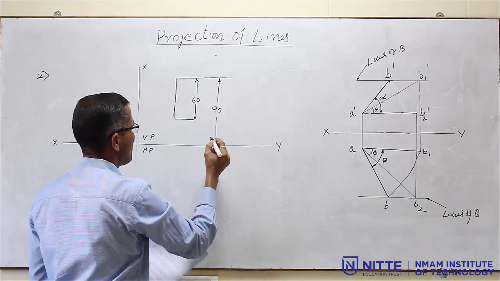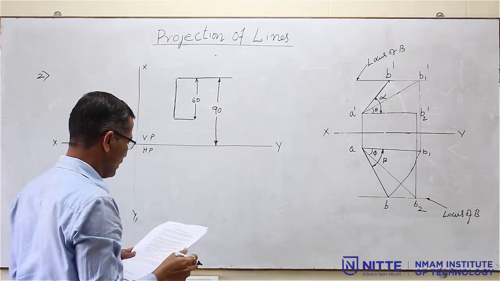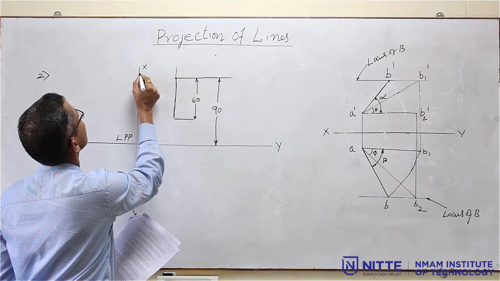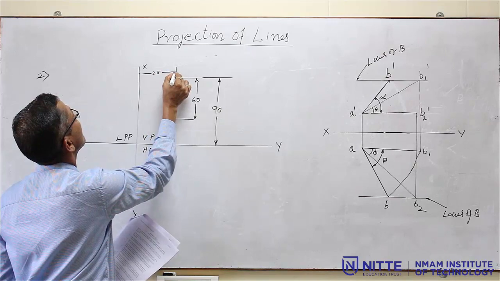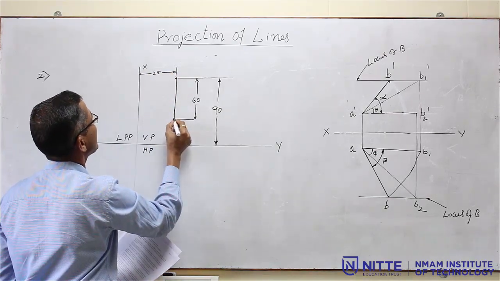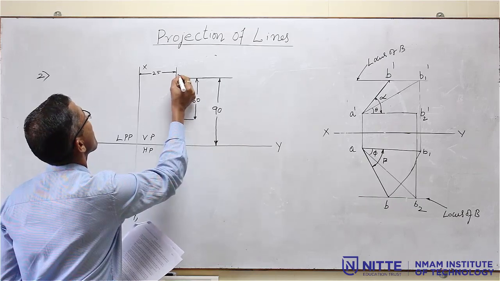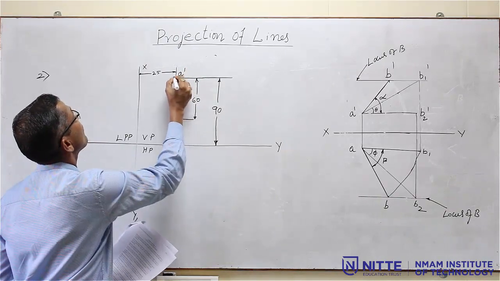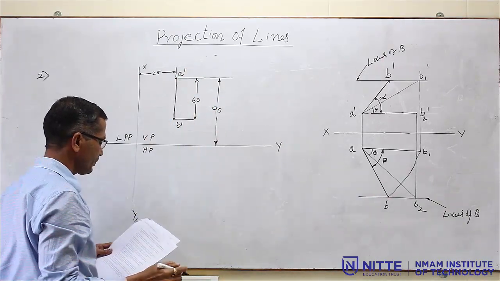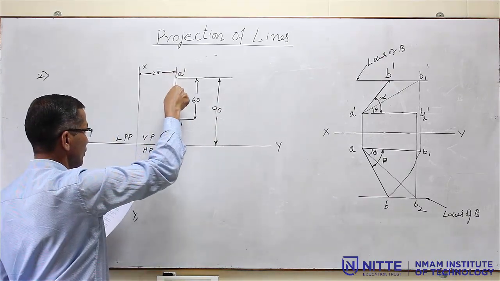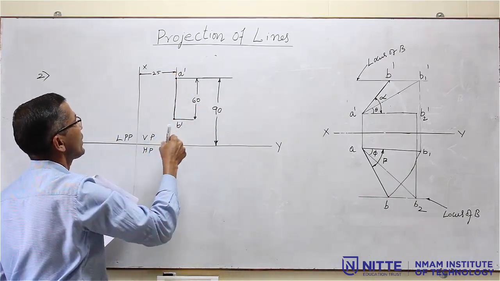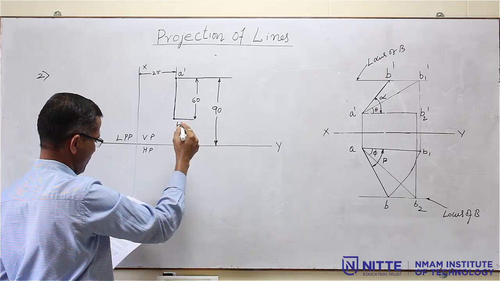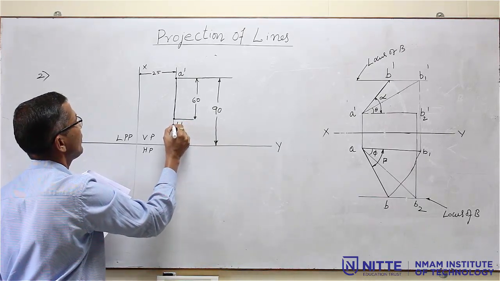And one more dimension they mentioned, from the LPP it is 25 mm, from this X1, Y1 this distance is given, this is 25 from here to here. So, this is the line A, B, I can call this as A dash, this is B dash. So, this is the front view, remaining all the lines should be light. Now, what is the top view of this? If you, this is the line, if you look from the top, it will look like a point. And what is the distance in front of VP? It is 30 mm. So, from here you project it down, light line.